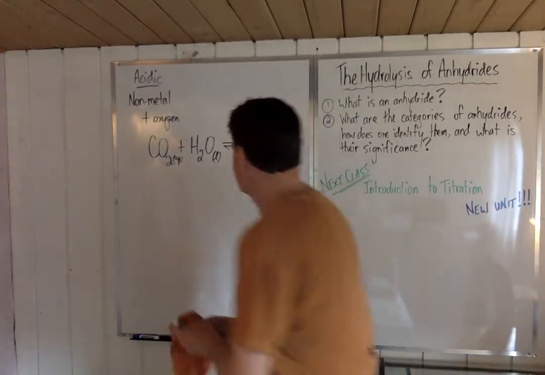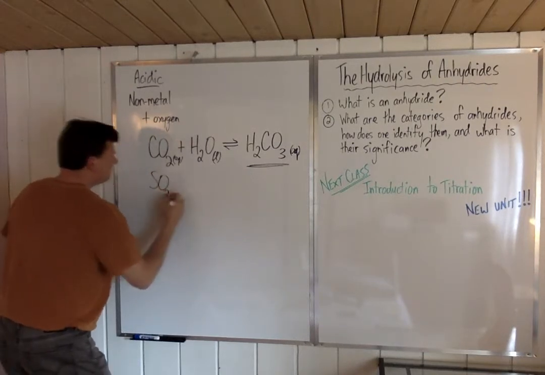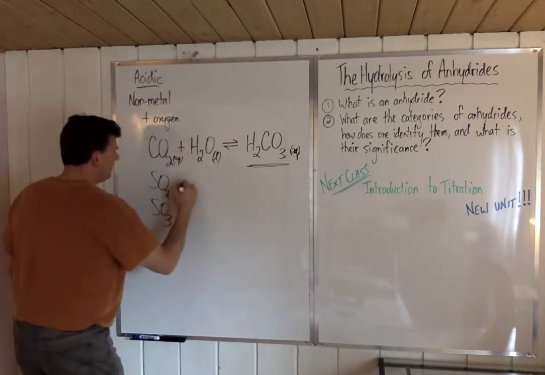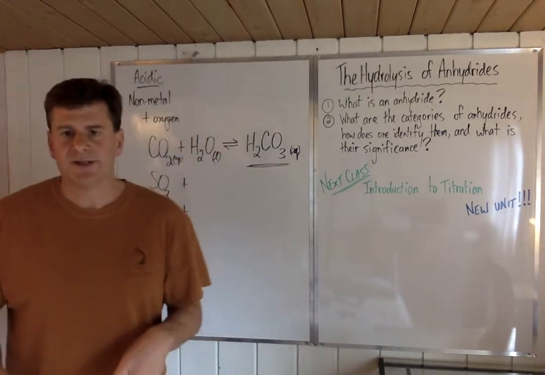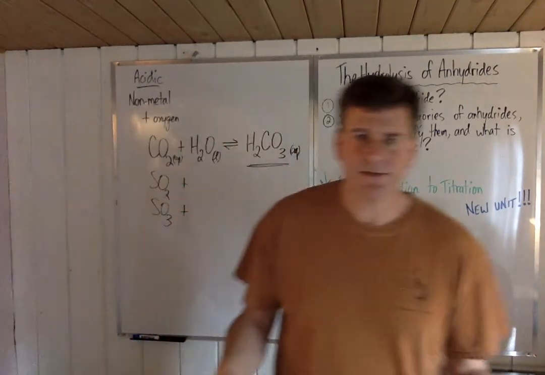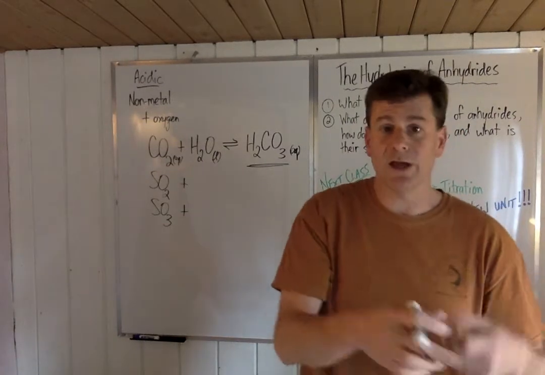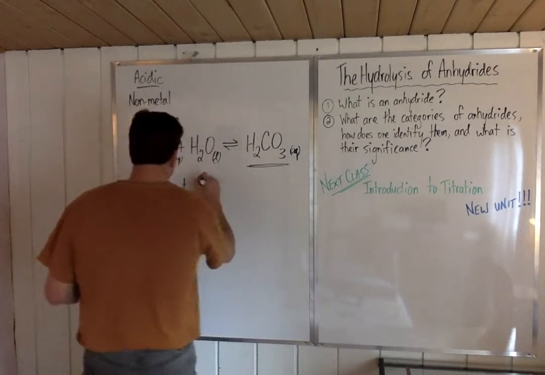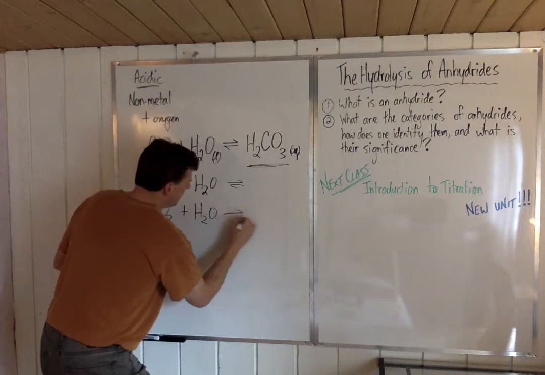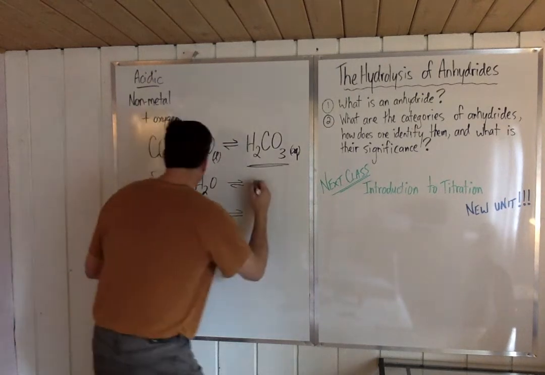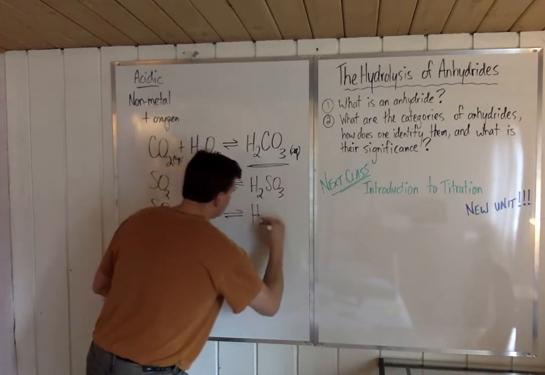The second and third one that I wanted to make note of, SO2 and SO3. I'm not going to put aqueous because we're going to assume that they're aqueous now. So SO2 and SO3, again, if they're anhydrides, you take the water molecule and smush it back into the SO2 or the SO3, and what does it form? Again, they don't do this 100% necessarily. So this guy becomes H2SO3, and this guy becomes